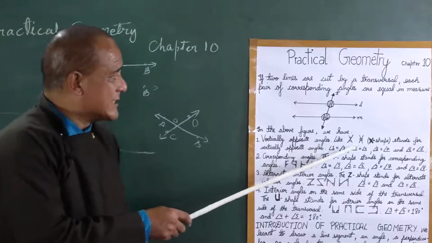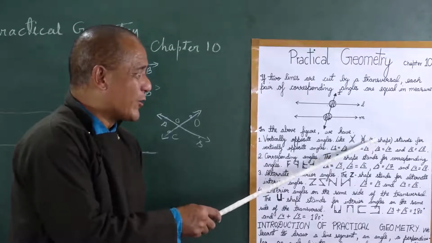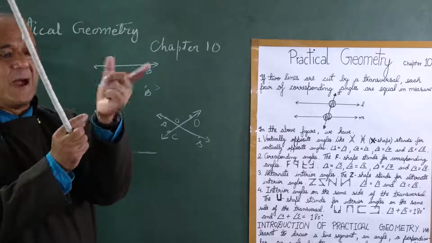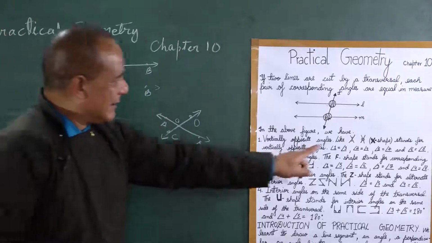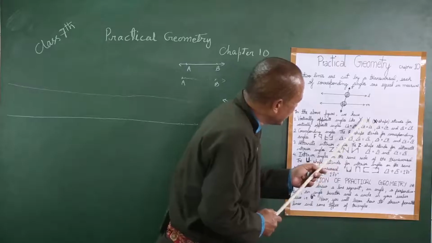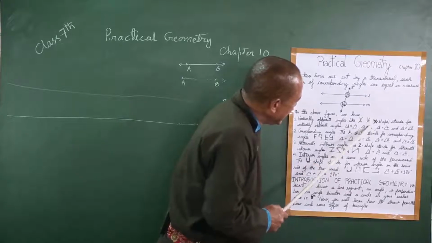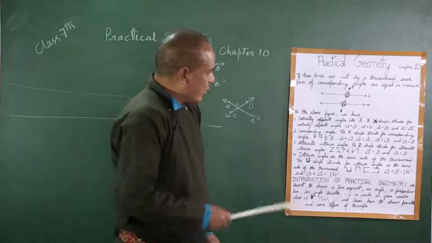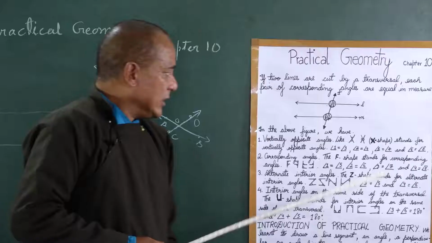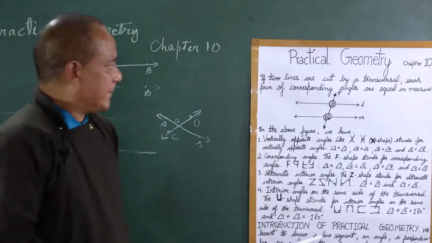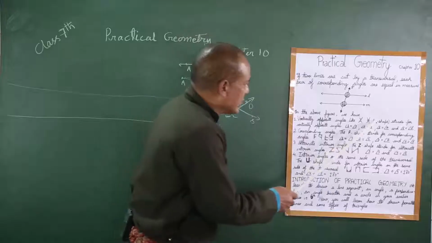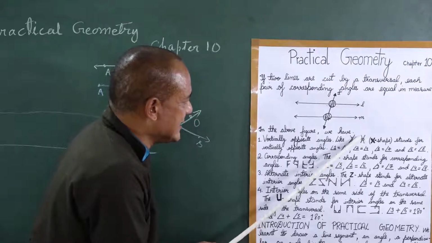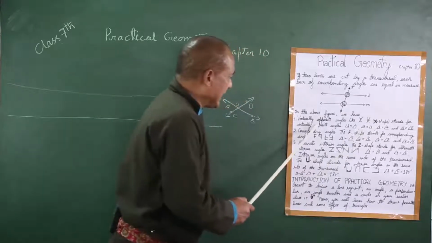Or in other words, you can say two V's. This is one V which is made to stand on another V. So there are two V corners, this corner and this corner, and then the other corners of this X. So two pairs of corners. These corners are called vertically opposite angles, which are shown in the X shape. So this and this are vertically opposite angles, and this and this are vertically opposite angles.